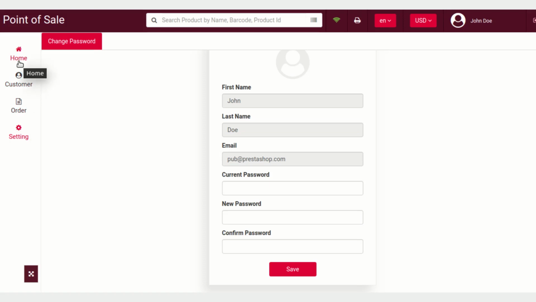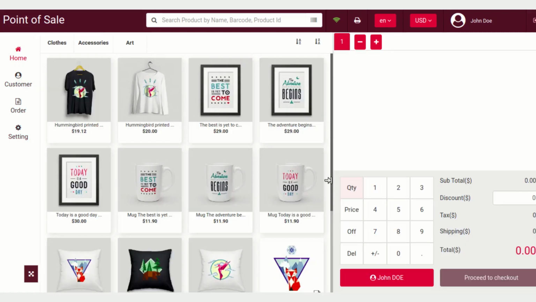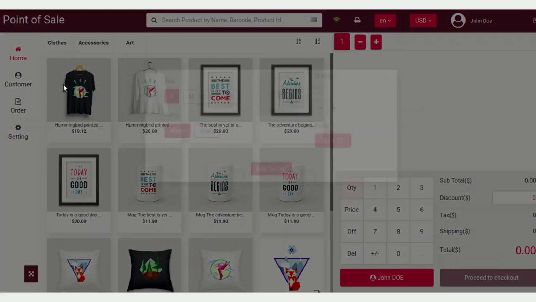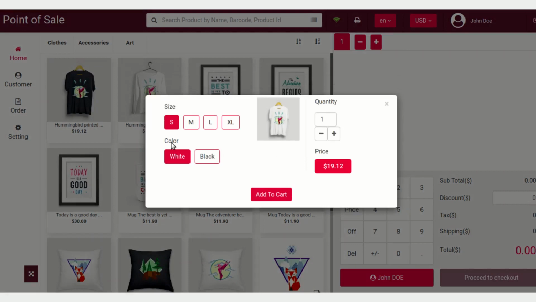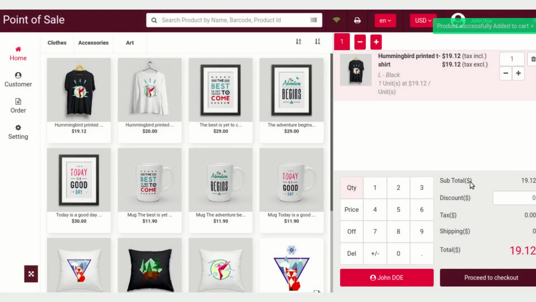Now let's go to the home page of the POS and see how the ordering process of this POS works. As you can see, I have clicked on this product. As this product contains multiple combinations, I can choose a suitable combination and proceed with the checkout process. As you can see here, the tax inclusive and tax exclusive prices are the same.